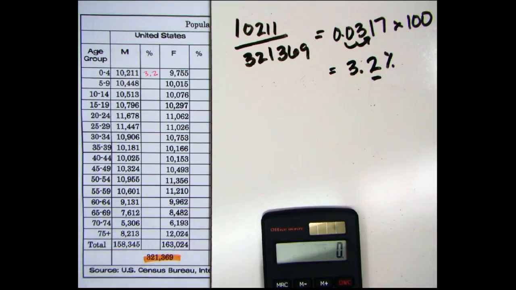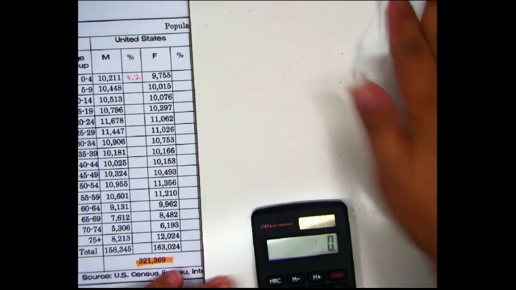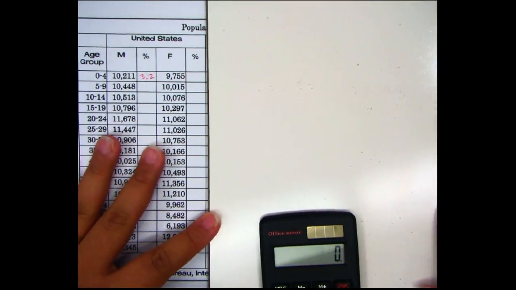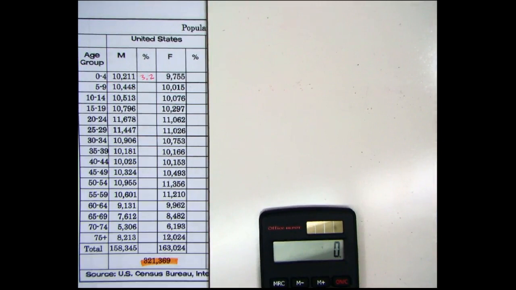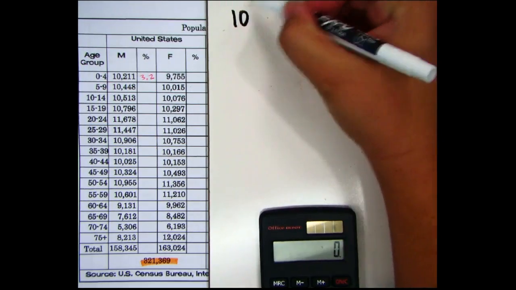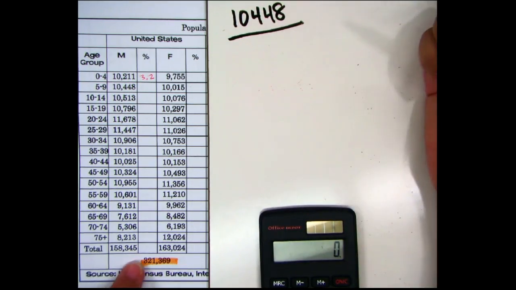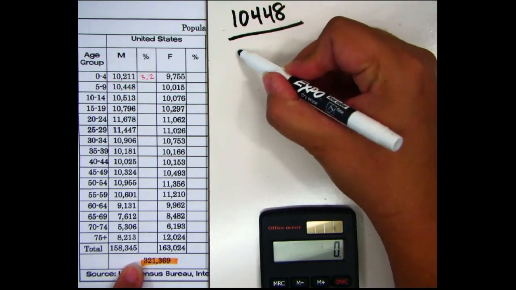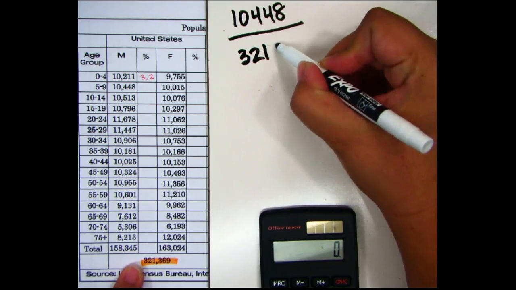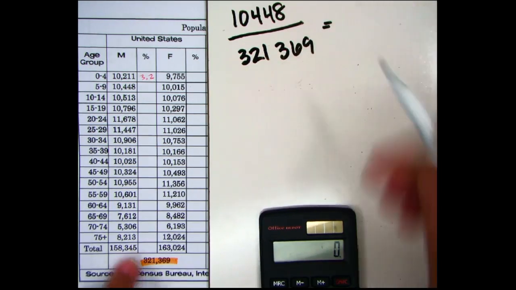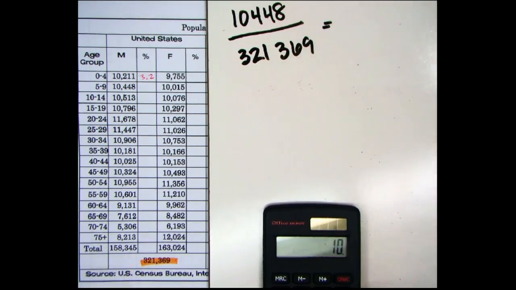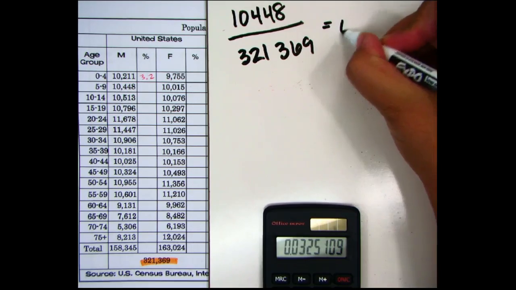Okay, so let's do another one. Let's erase that really quick. Whoops. All right, so now we're going to do the next one, which is 10,448. Divide again by my total population, which is down here highlighted in the orange. So 321,369. Again, enter it into my calculator. Divide that by a bigger number, 369. That gives me